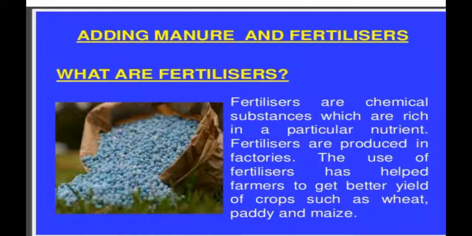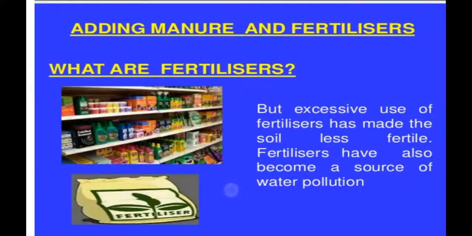Nitrogen mostly they will be having from the atmospheric nitrogen we can use, but potassium and phosphorus we have to give through the chemicals only. Fertilizers provide chemical nutrients for the plants which are either absent or not sufficient in the manure. In the manure which are not present, that they will be getting it.